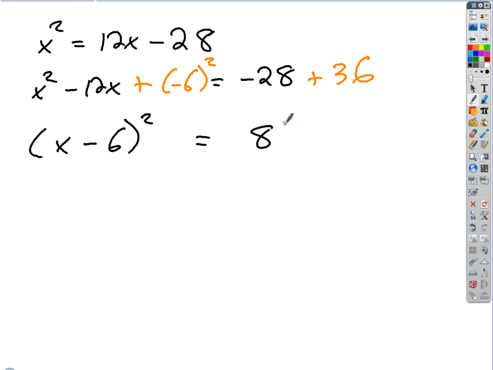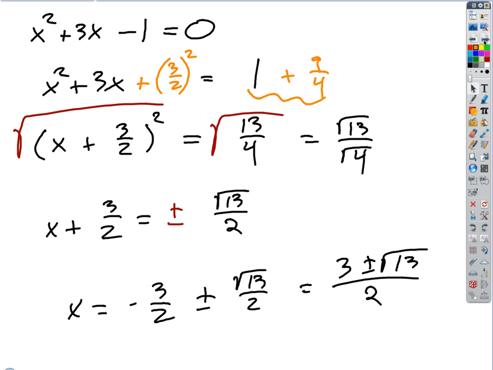And now it's easy, right? Now it's just an isolate x problem. What are the steps we'd go through to isolate x? Square root, plus or minus square root, add 6 in front of the plus or minus, right? Okay. All right, so,